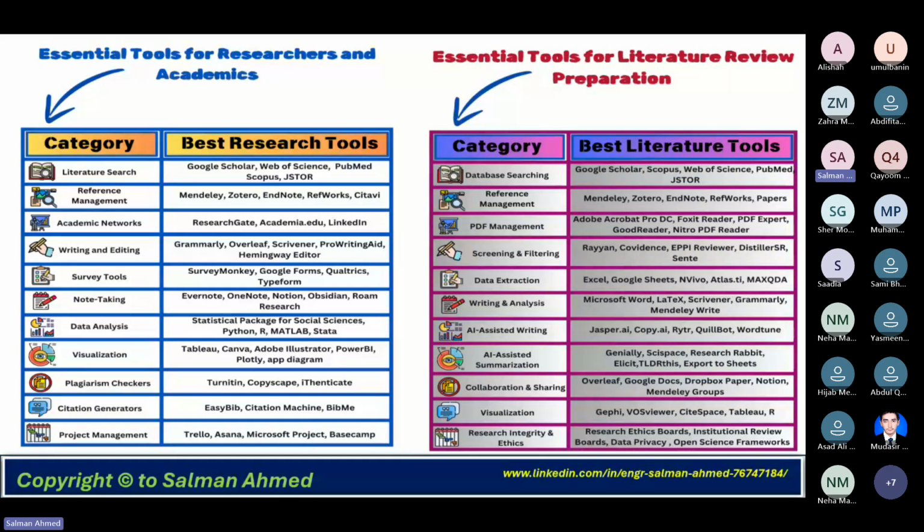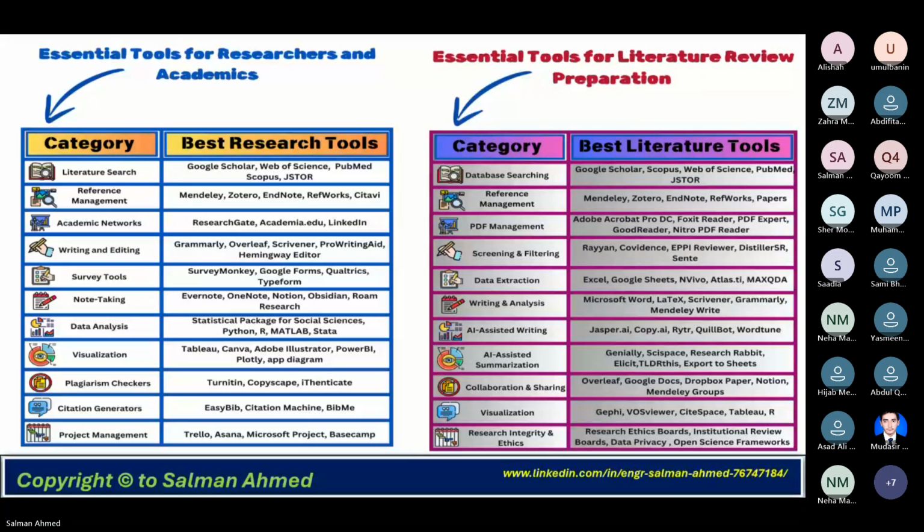For reference management, I have seen many researchers who do reference management manually, but using those references manually sometimes makes them confused when they add a reference in between. If they are doing their references manually, they will have to update all of the references one by one. So it is better to use reference management software like Mendeley.